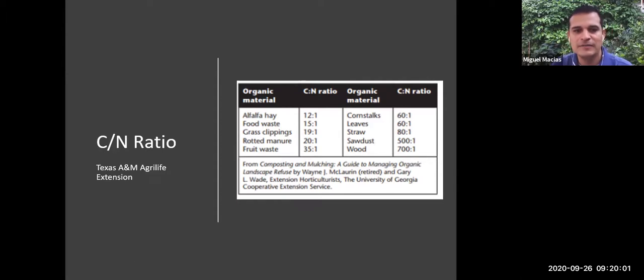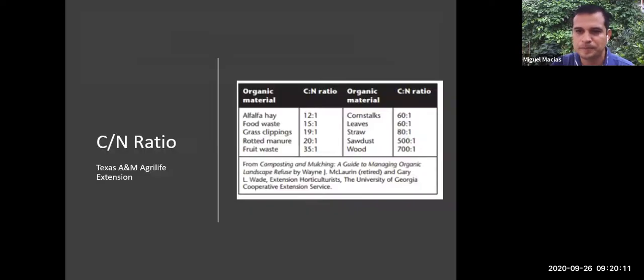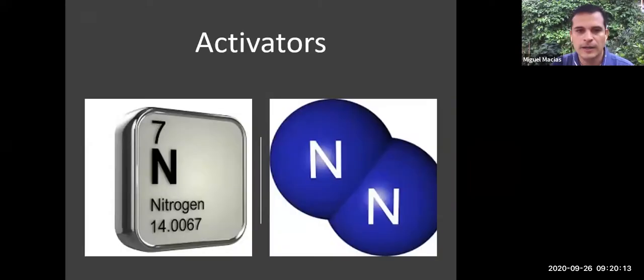So I'll be talking about the carbon to nitrogen ratio. This is very important when it comes to the greens and the browns, the perfect combination that you need to have a pile process a lot faster. I'm going to be talking about activators. I mentioned a little bit about manures. Manures are great activators. They're rich in nitrogen. So I'm going to be covering some of those and how to add them to the pile to get fast